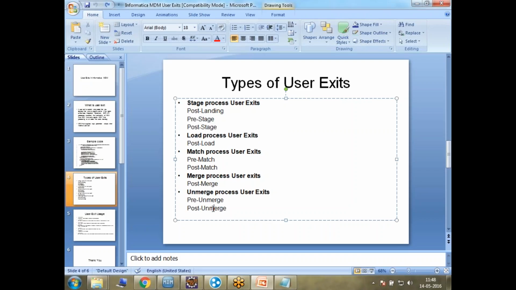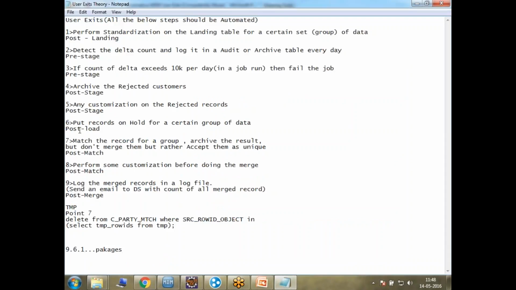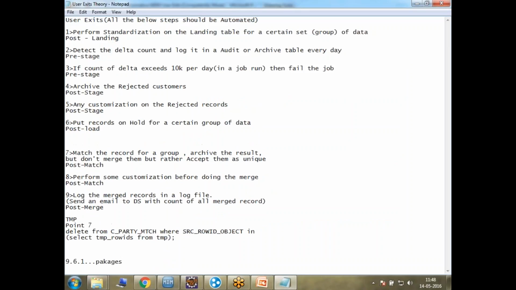Suddenly a client calls you, or your business analyst or architect, and tells you that they have a requirement: they want you to put records on hold. So you need to implement this particular user exit, the post-load user exit. What do I need to do here? Put records on hold for a certain group of data. So what am I going to do here? I'm going to update the table, your table name is C_PARTY, let's say